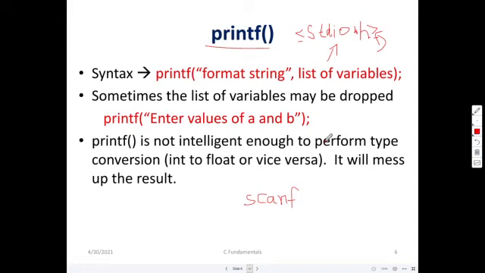That is, we are directing the preprocessor to include all the functions which are available in this header file. The meaning of hash include is that. Anything which starts with a hash is called a preprocessor directive. Are there any other preprocessor directives available?